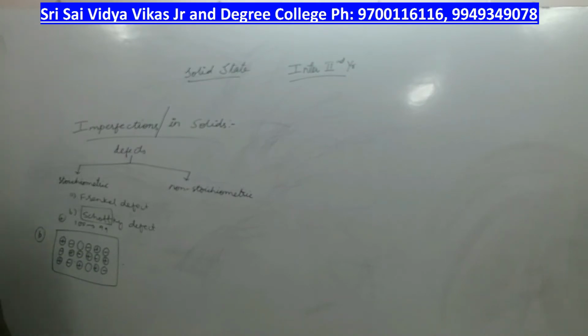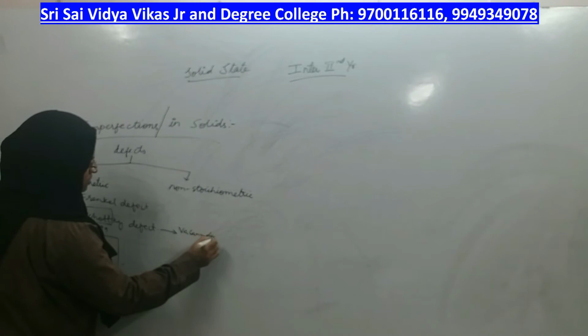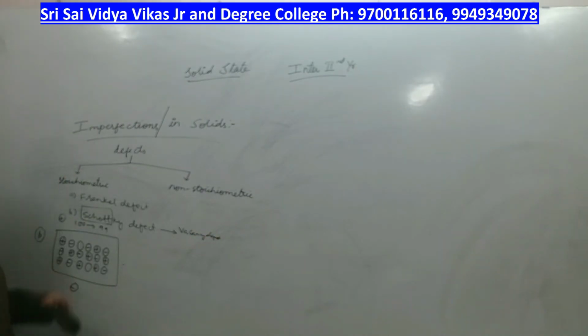Because electrical neutrality will always be maintained in these 2 types of defects, because it is stoichiometric, the ratio has to be the same. Number of cations and number of anions has to be the same whether the defect took place or not. So, even if the defect is taking place, if the cation went out of the crystal, it will be followed by an anion. Therefore, two vacancies will be created per defect, one for cation and the other for anion. Is there any interstitial point getting occupied by any ion? No, you can only see vacancy defect in the Schottky type.